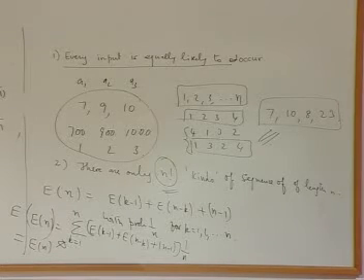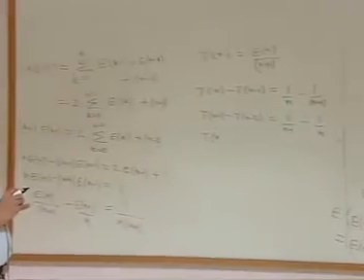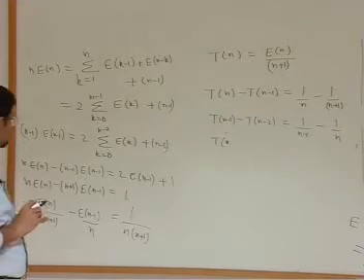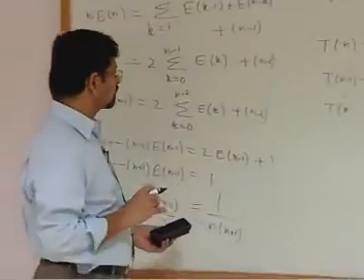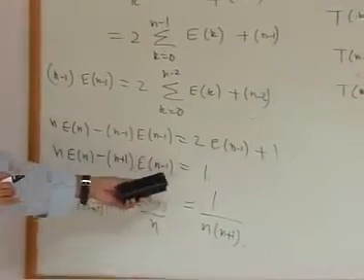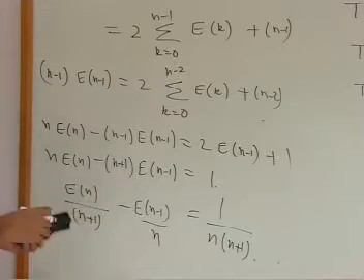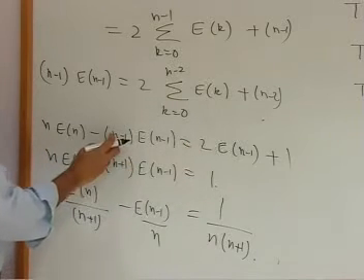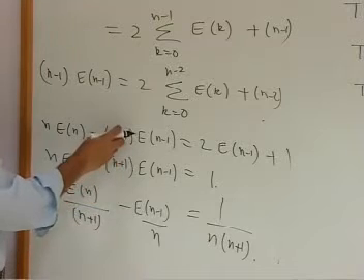You have written n plus 1 instead of n minus 1 in the last but one step. There. Where? That left side, last but one. Here? No, sir. No, there. No, left hand side, column, previous one. The previous one. Yeah, that is n minus 1. n minus 1 into E of n minus 1. Here? No, I have brought this over here. That is n plus 1. So it's n minus 1 instead of n plus 1. It's n minus 1 here?